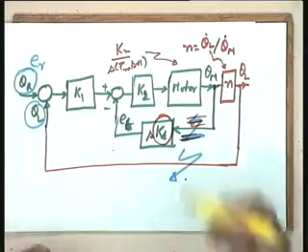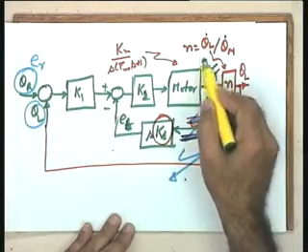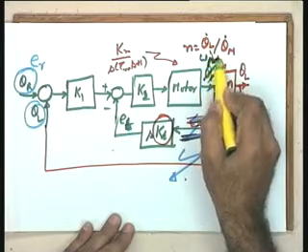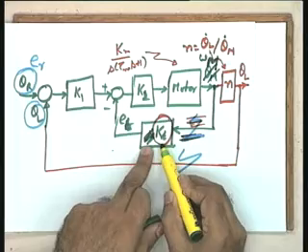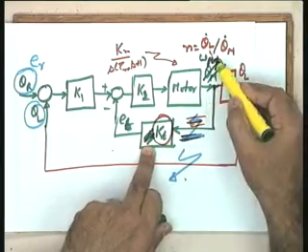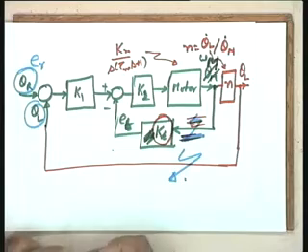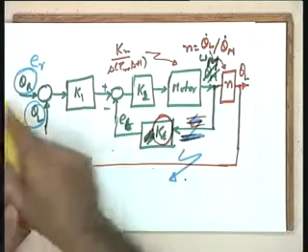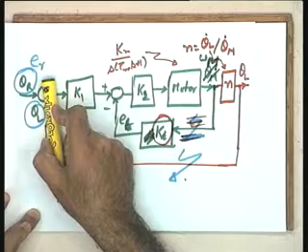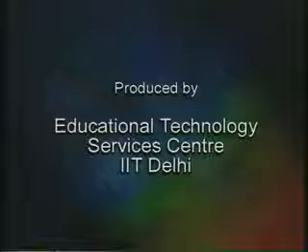In this particular case, this theta m into SKT is actually coming as from omega m, that is the motor velocity, and this particular signal is KT in this particular case. Therefore your KT into omega m becomes the feedback as far as the speed control system is concerned. So once this primary loop is broken, the feedback is that of speed, and this voltage is interpreted as a signal proportional to speed, and hence the resulting system becomes a speed control system. That is all. Thank you.